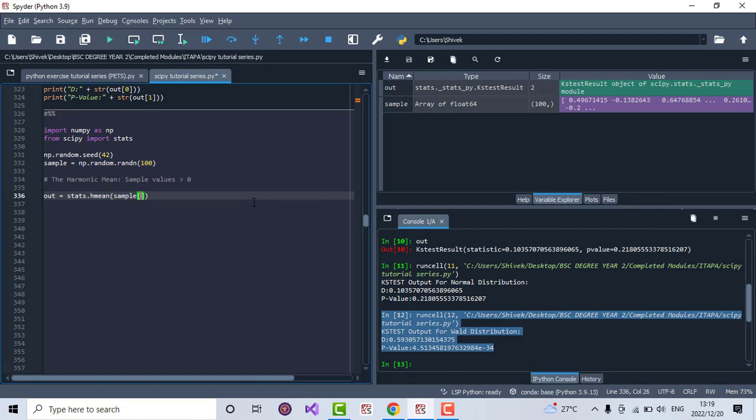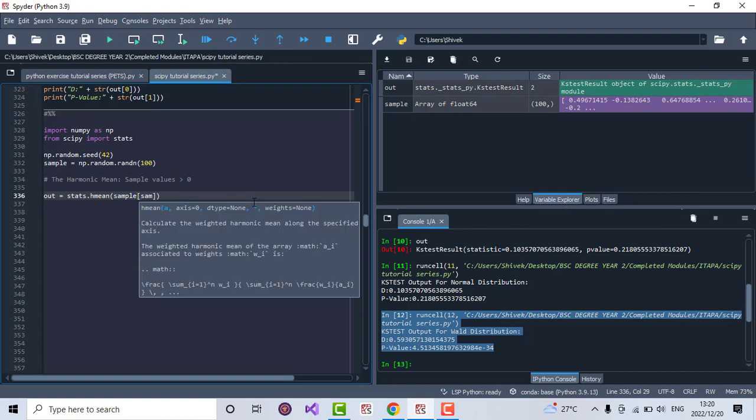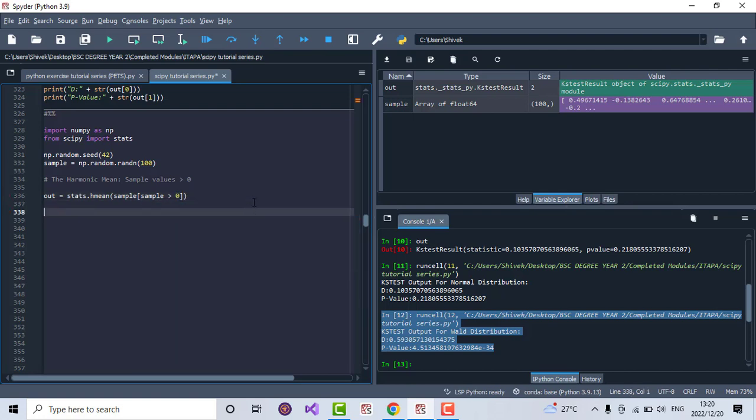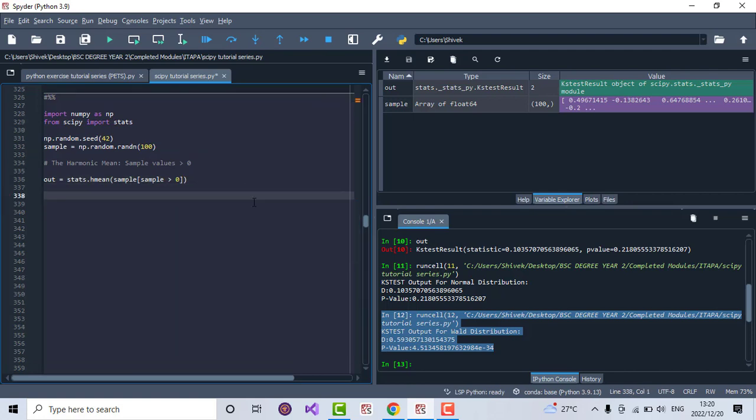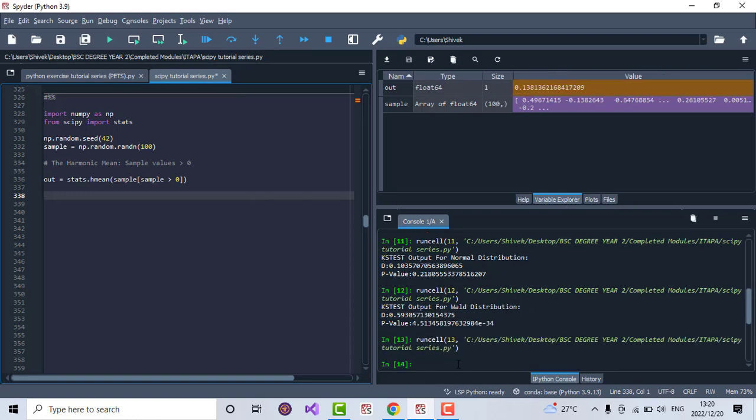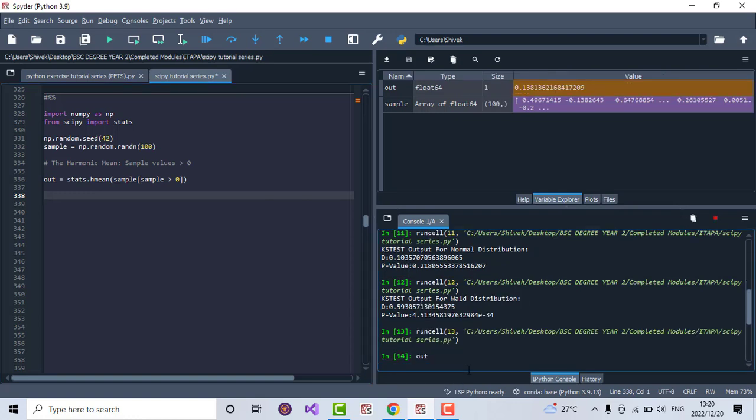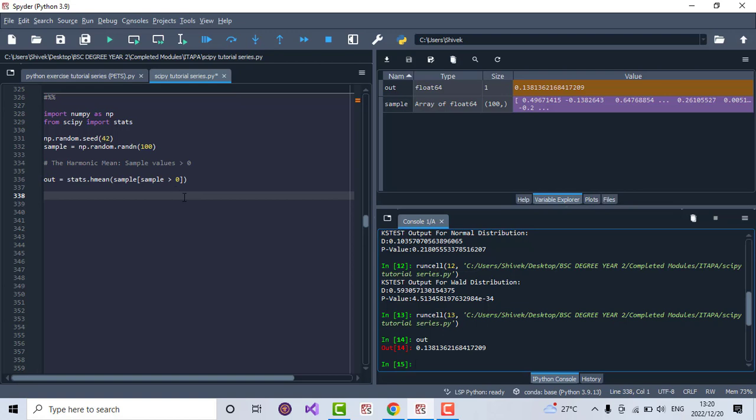And since we need those values that are only greater than 0, we can use an indexing technique we learned earlier with NumPy. So let's do sample greater than 0. That's fine. Now I will run this. I'll just show you what the output looks like, and then we can format this properly. As you can see, it's just one value because at the end of the day, we only have the harmonic mean. So print